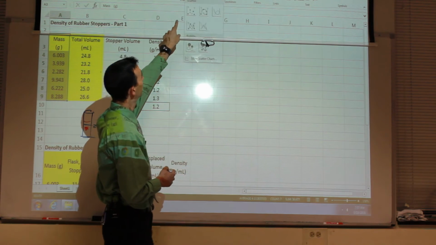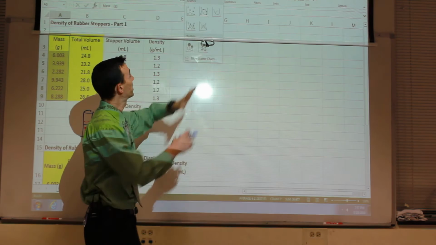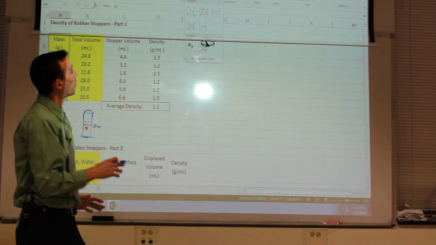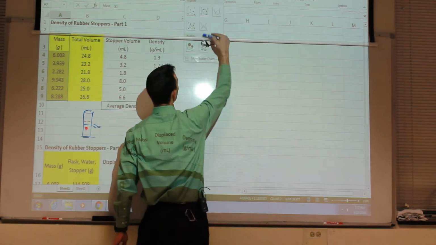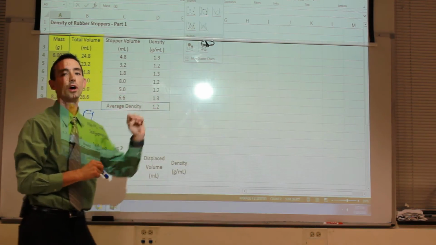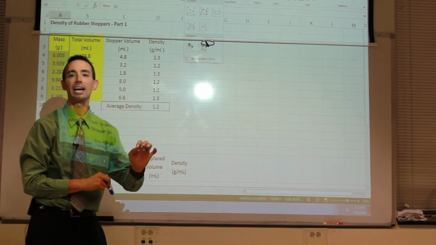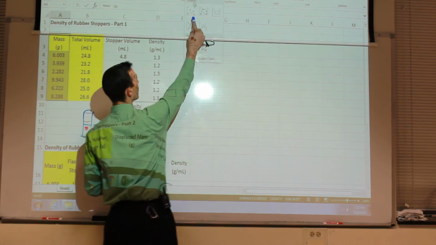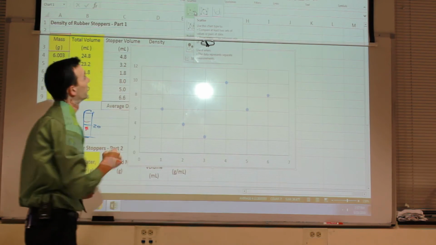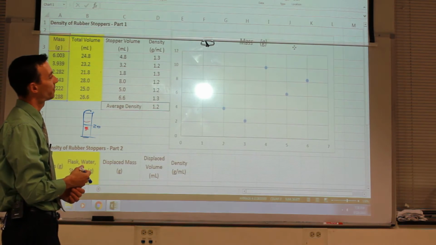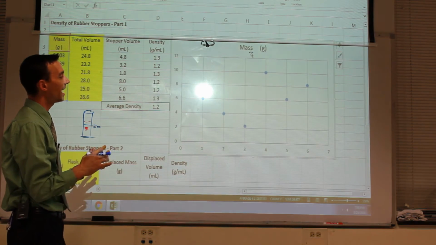And it has a little drop down menu because there are multiple varieties of scatter graphs. While these ones might be tempting, they look like they have lines on them, and maybe you've seen graphs with a line, those are connect the dot lines. They are not the line we're looking for. We want the first option right there. So if we click on it, it's going to put a graph up there